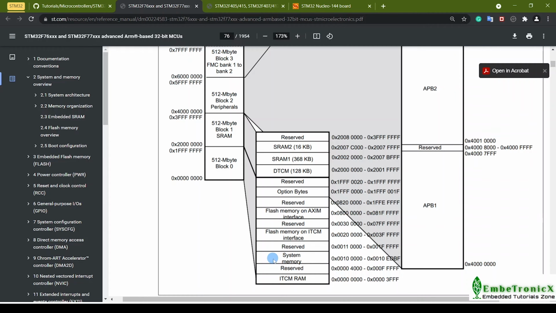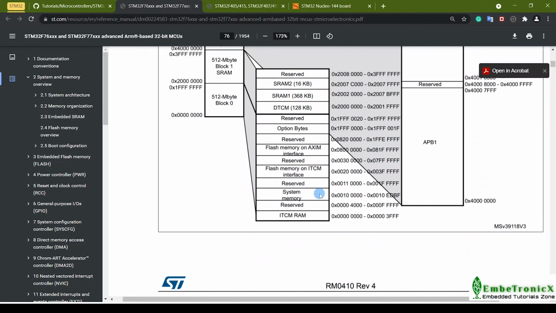The code memory has been divided into ITCM RAM, reserved, system memory, reserved, flash memory on ITCM, reserved, flash memory on AXIM interface, and many more sections. Let's see the flash memory.